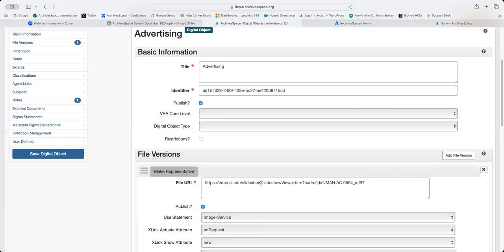So you could have a simple digital object that's a scrapbook that's 100 pages, and you scan all 100 pages and you convert it to one single PDF. Even though it's 100 pages, it's still a simple digital object because it's one PDF. However, if you had that same scrapbook and you scanned all 100 pages and every single JPEG of 100 pages was its own individual file, you had 100 JPEGs, then that would be described as a complex digital object. It's the same information, it's just how you choose to describe it and display it within ArchivesSpace.